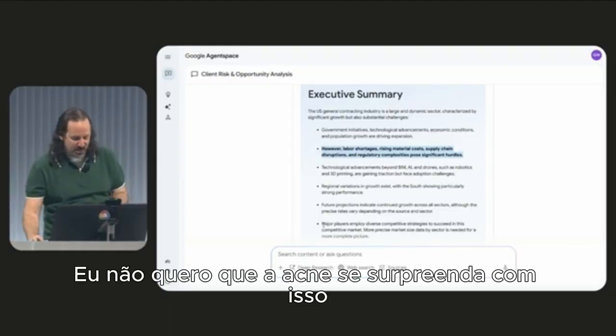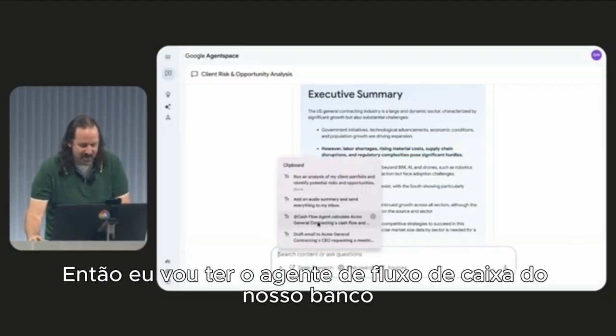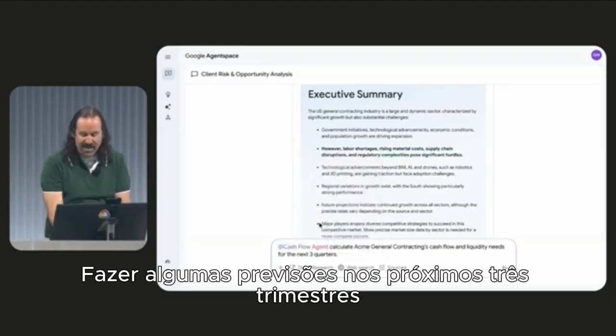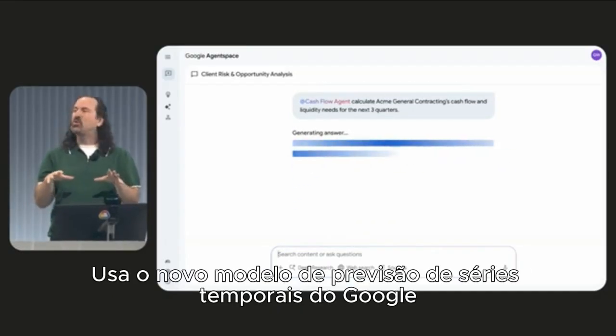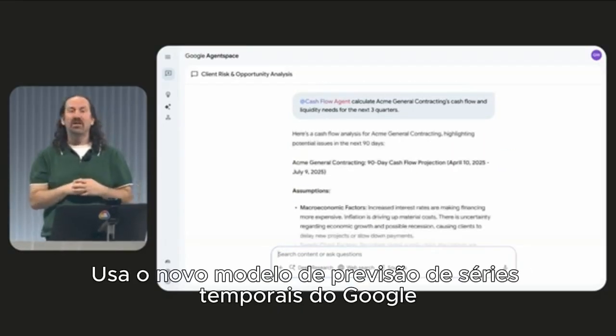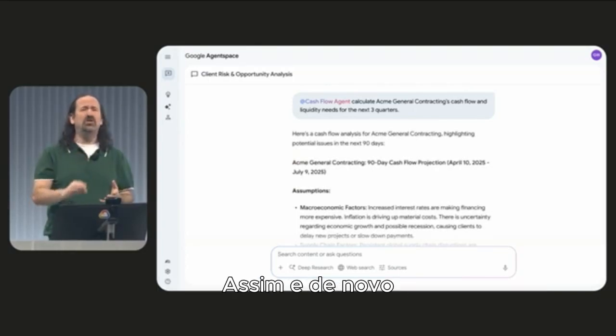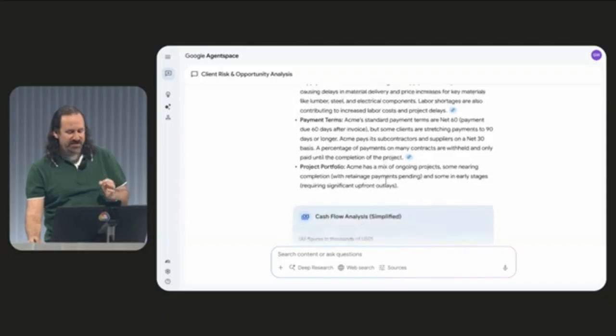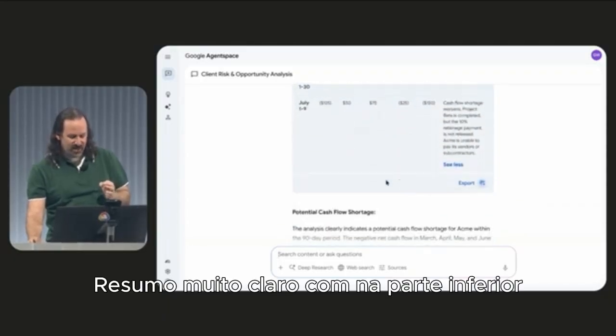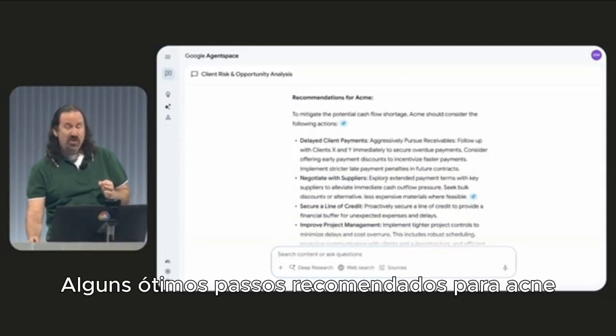I don't want Acme to be surprised by this at all, so I'm going to have our bank's cash flow agent do some forecasting across the next 3 quarters for me. This agent uses Google's new time series forecasting model, which is specifically trained for scenarios just like this. And again, I'm going to get a very clear summary with, at the bottom, some great recommended steps